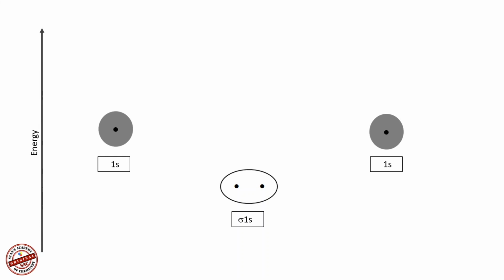Since this is a bonding molecular orbital, we also have an antibonding molecular orbital. The electron density between the two nuclei is minimal. This is designated sigma star 1s. So we have two molecular orbitals, sigma 1s, which can hold two electrons, and sigma star 1s, which can hold